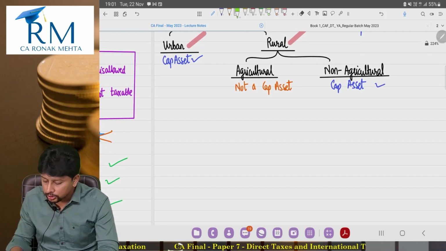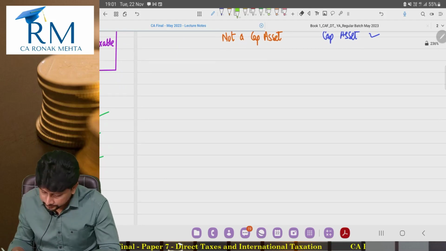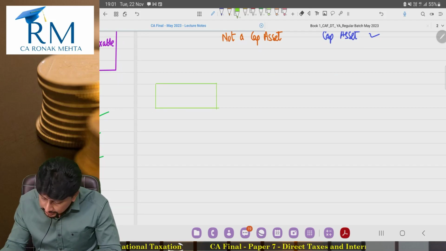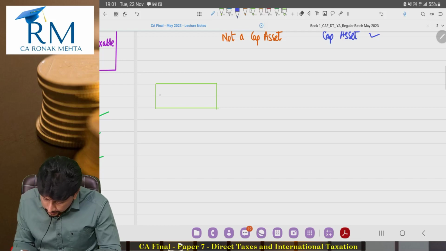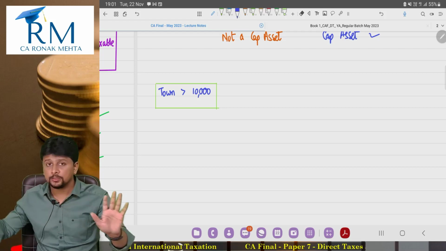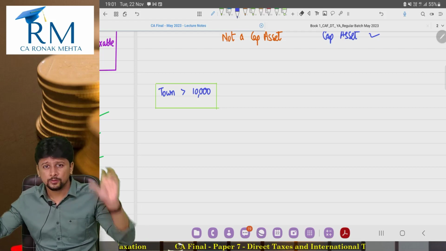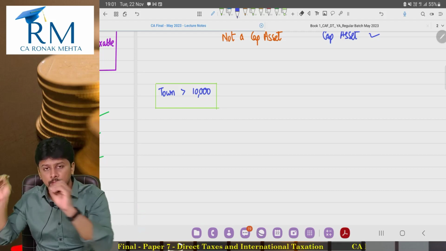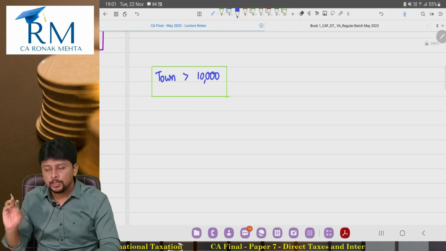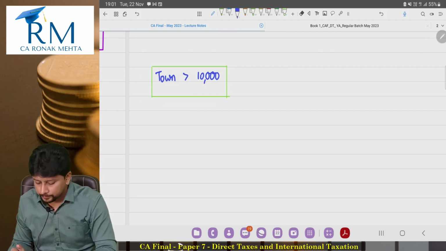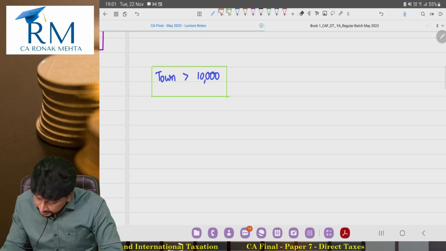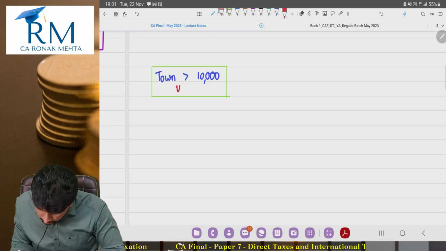Okay, observe this. Use your common sense now. Now, purely common sense. Dekho. If there is a city, a town, a place where the population is greater than 10,000. So more than 10,000 people are staying. 50, 60, 90,000, 1 crore, 10 lakhs, 25 lakhs, 10 crores, more than 10,000. If the place, city, town, village, but the section has used the word town, so I'll stick to the word town. If the town has a population of greater than 10,000, then this town, this place is covered as urban area.